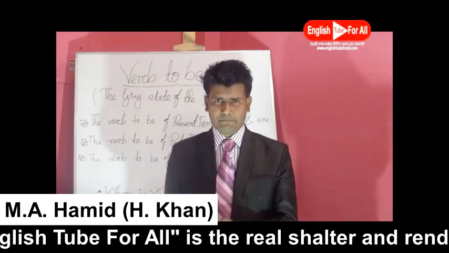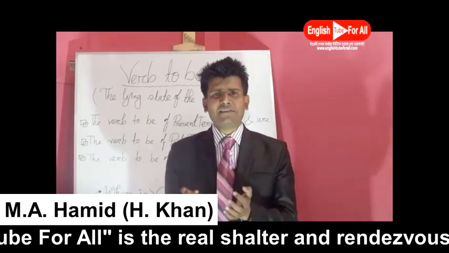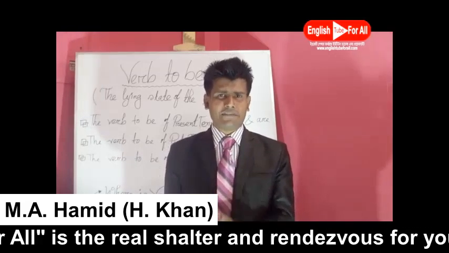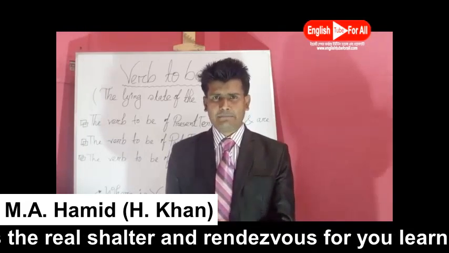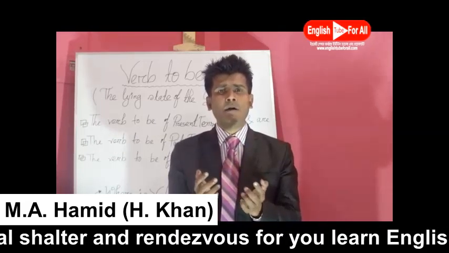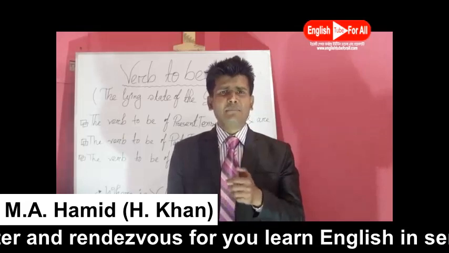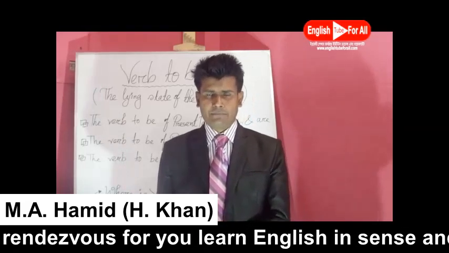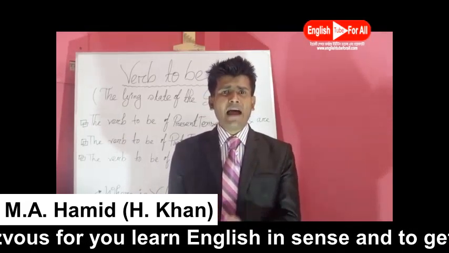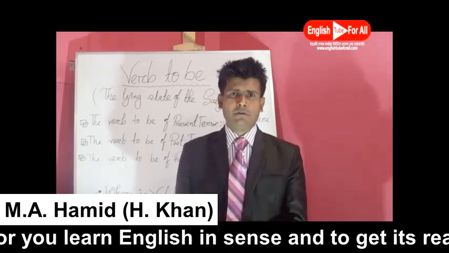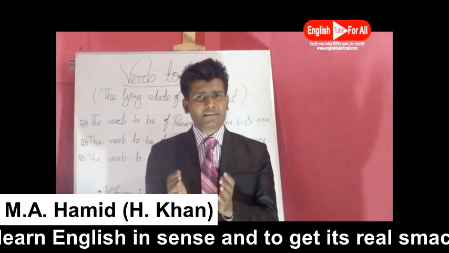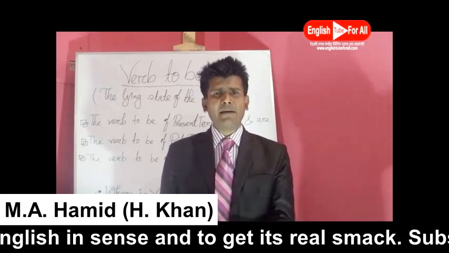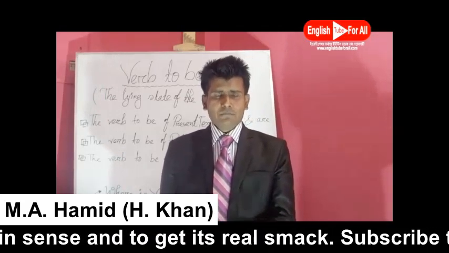I'm a student. He is with us in this matter. You are good for nothing. I was there. We were 5 in number in the concert. I shall be there tomorrow with my father. You will be a nice poet in the future times. These are the examples of Verb To Be. And let me give you the explanation.